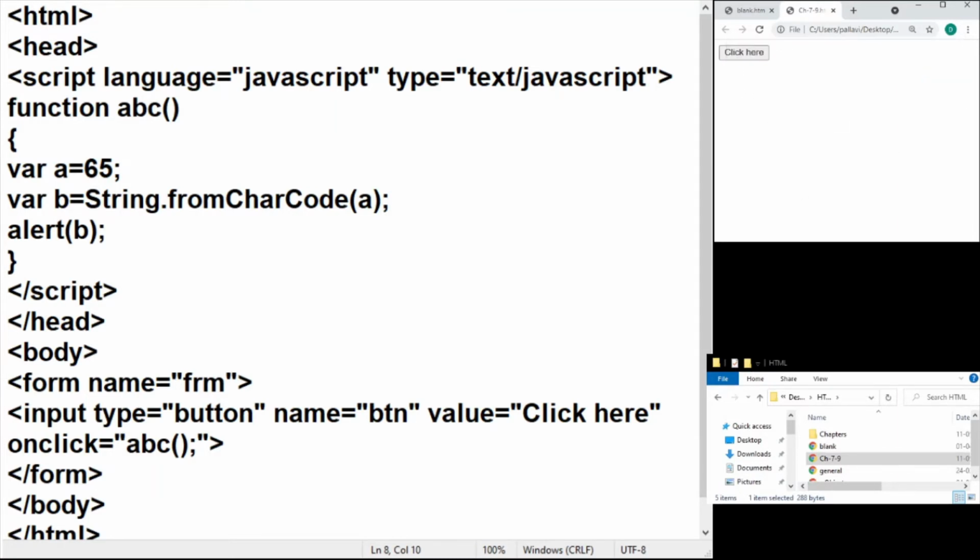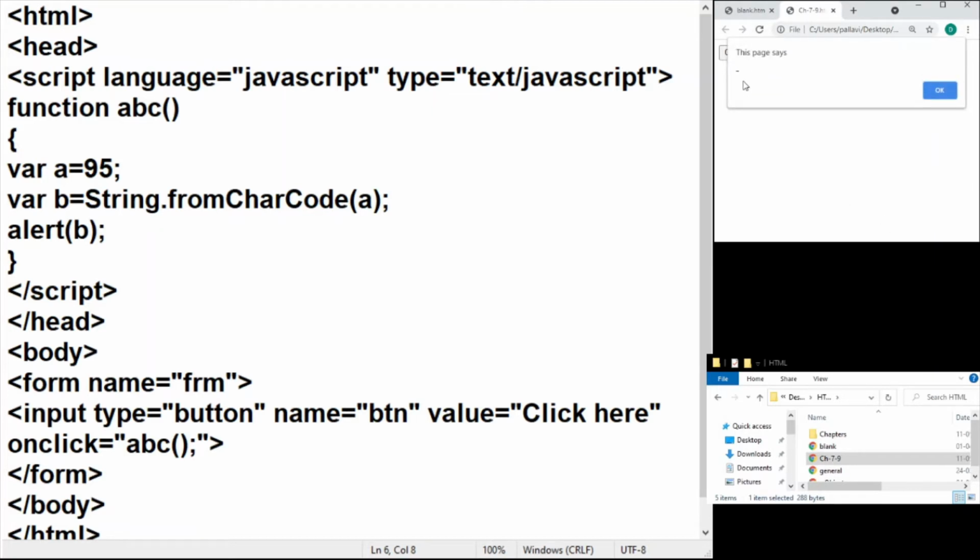So this may be a good start. If you do not know the ASCII values and the characters, you can go ahead and put in any value here. For example, 75 is capital K. I do not know what 95 is because it is a punctuation symbol.